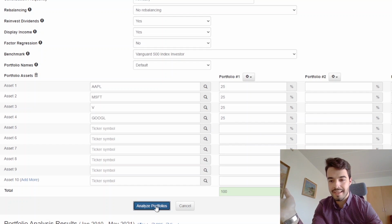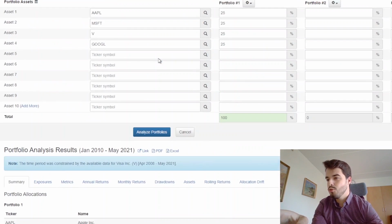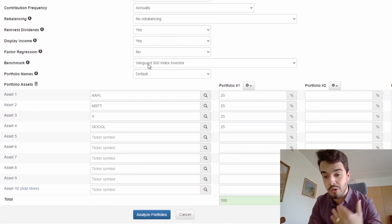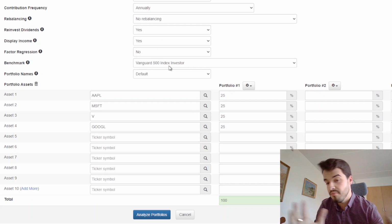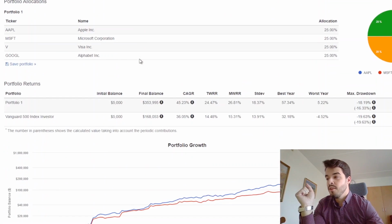And here you also click Analyze Portfolios, and here a lot of information comes. I have also, I forgot to tell you, put it on a benchmark. Benchmark means that you compare your portfolio, which is these 4 stocks here, to, I've chosen the Vanguard 500 Index Investor, which is a fund which kind of mirrors the S&P 500 because I couldn't find it here. So, for these couple of years, as you know, the 10 years till 2021, 11, but it's still 2020, our portfolio with the 4 stocks made